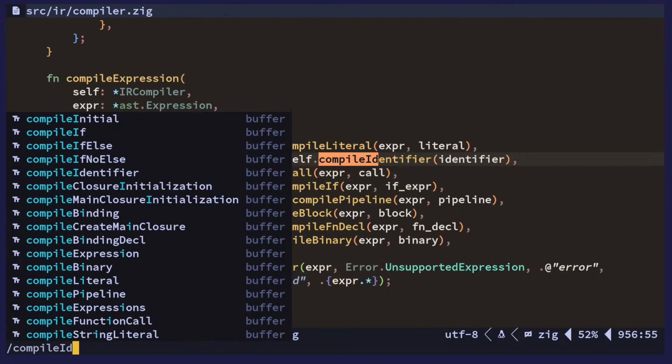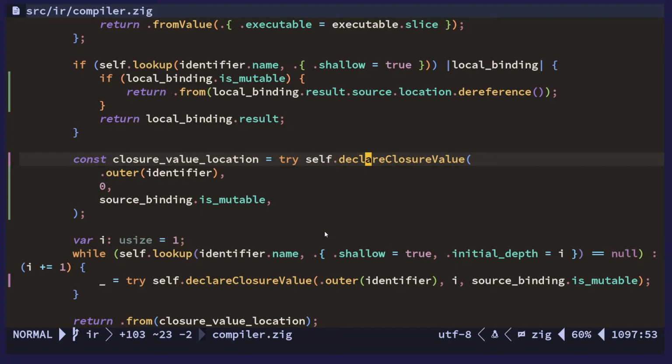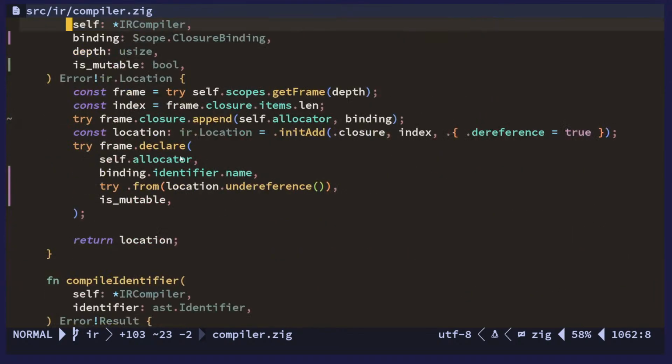So I think it's like compile identifier. So if it's mutable, we do a dereference. No, it's like when we declare the closure. If